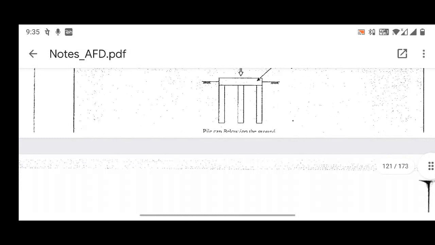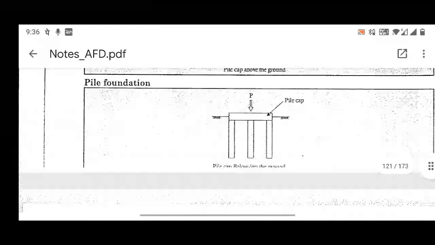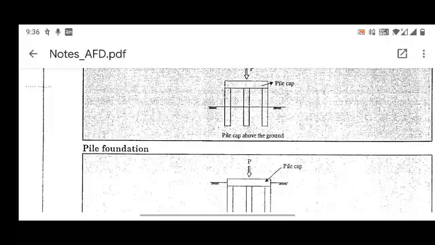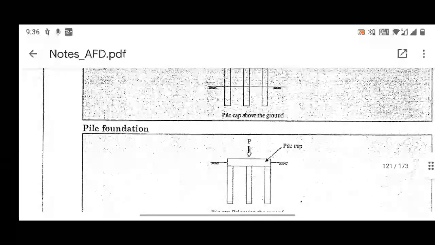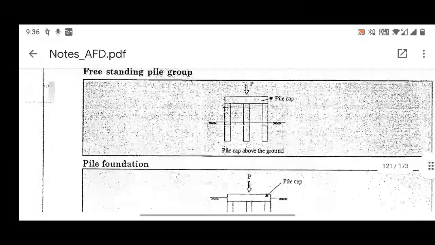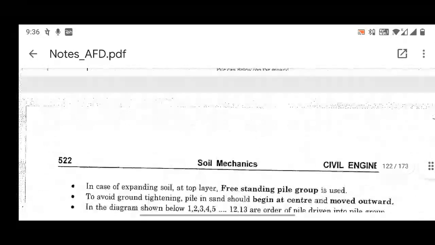Now you can ask me this question also, sir. Why does the need arise for a freestanding pile group when we have the normal pile foundation case where the pile cap is resting over the ground and below it we have piles? Most of the time, I hope you are all familiar with black cotton soil that I have already discussed during our soil mechanics lectures, where I told you that when water is soaked into such soil, it will simply swell, and once the water evaporates from the soil, it shrinks. So for swelling soils, we generally prefer freestanding pile groups.